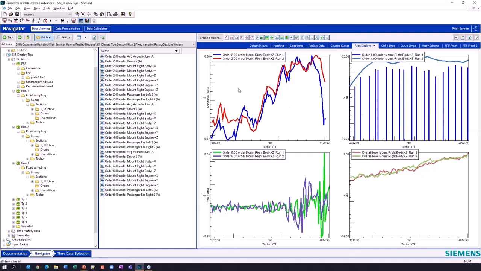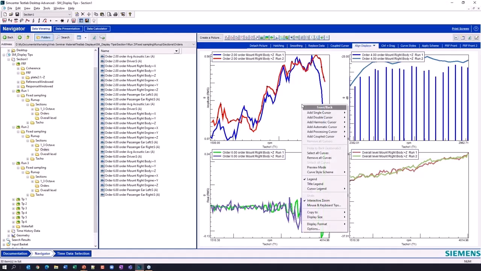But let's say this red versus blue in the upper left is what I'm looking for. Okay, I'm looking for optimized x-axis. I'm looking for amplitude format in the y-axis, and I want it to look just like this. I can come in here and I can say, right-click on that, display format, and I can click this align front back display. So these are all front backs.